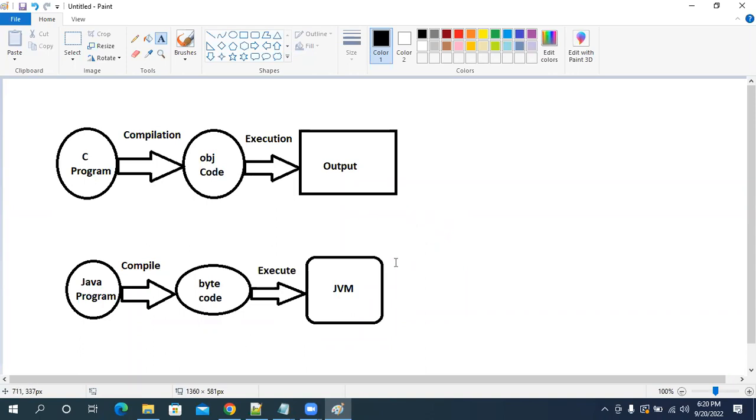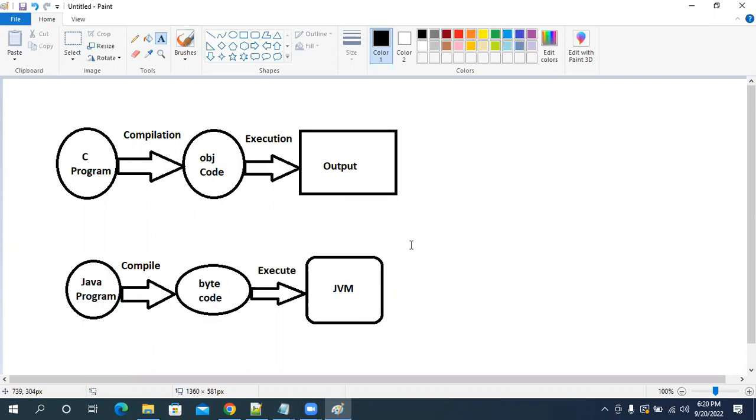So JVM stands for Java Virtual Machine. JVM is the most important part in Java. Every Java program will execute with the help of JVM. Sir, can we see that JVM? It is virtual. Virtual means we cannot see with our eyes. Now, I am physical. I am present here.